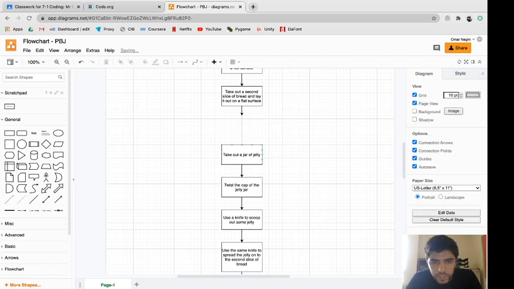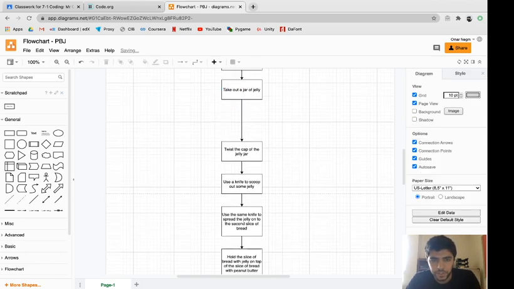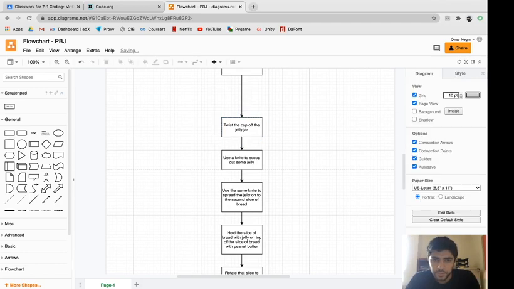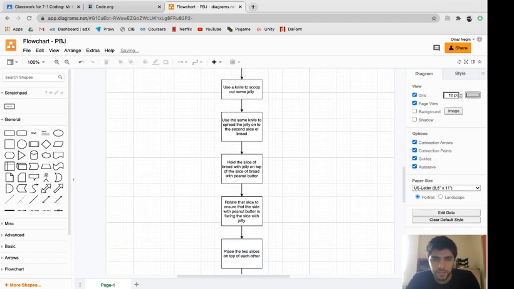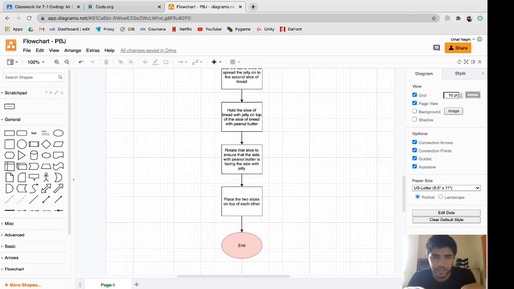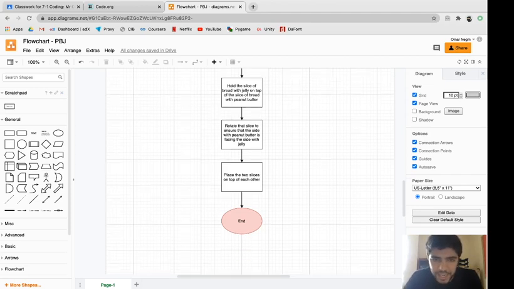Take out a jar of jelly, twist the cap off the jar of jelly. Use a knife to scoop out some jelly, use the same knife to spread the jelly, and then hold the slice of bread with jelly on top of the slice with peanut butter, rotate it to ensure that they're facing each other, and then place the two slices on top of each other. As silly as that seems,